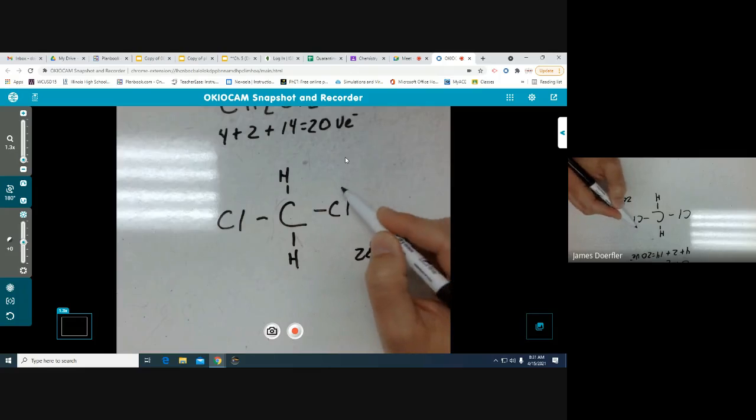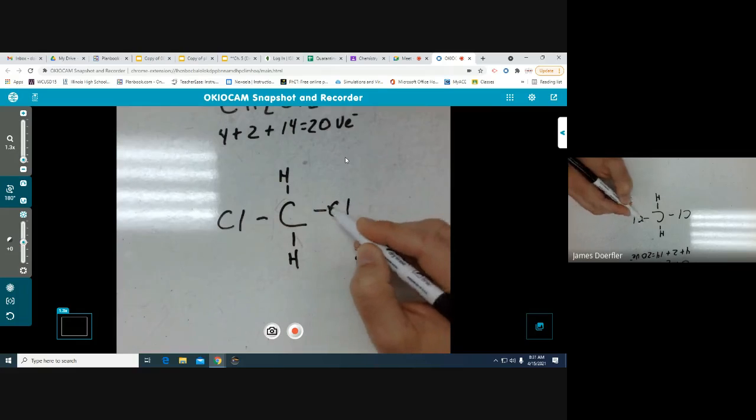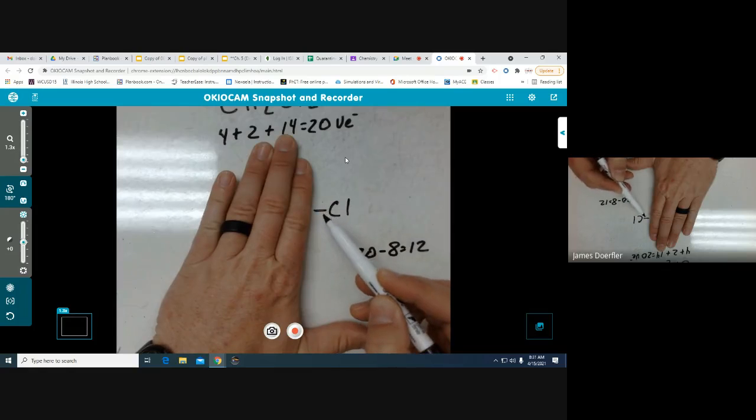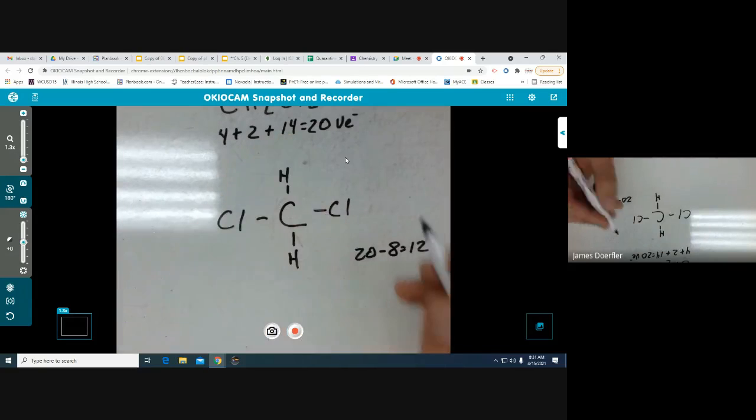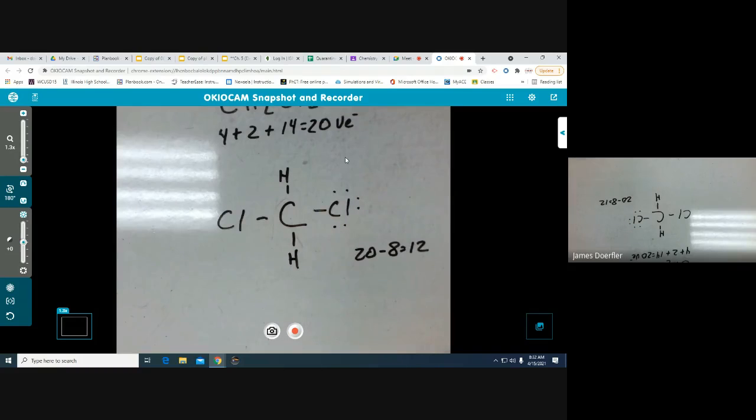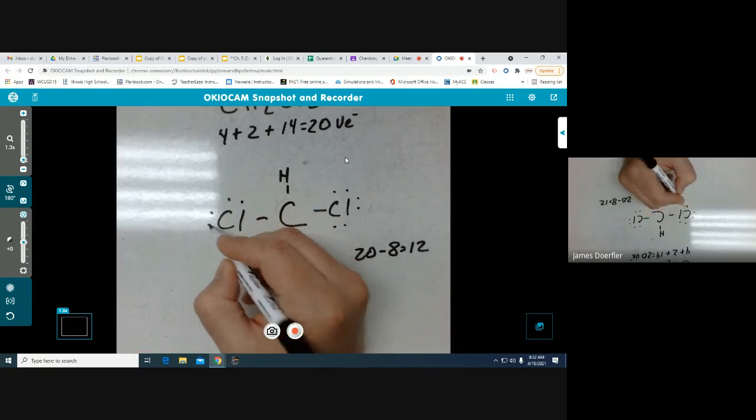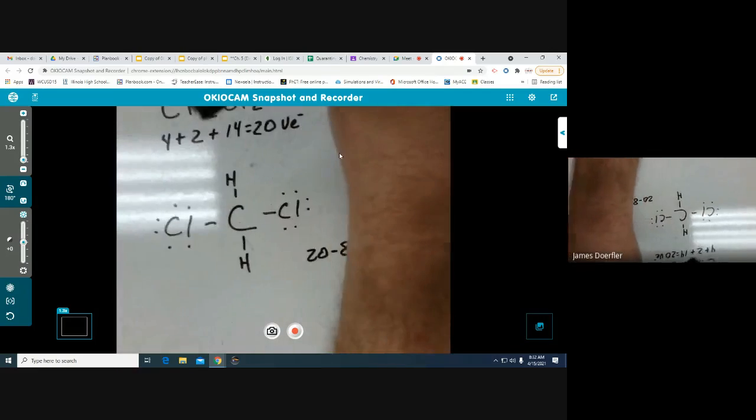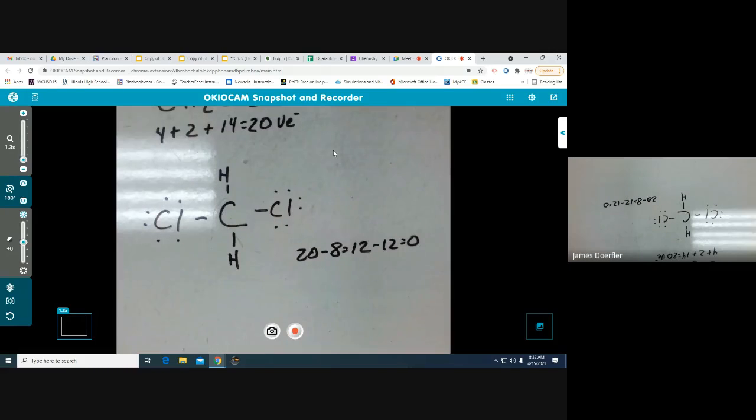So then I shift my attention to the chlorines. And if I cover this up, this chlorine already has 2. So I have to place 6 around that chlorine and 6 around that chlorine. How many did I just use? 12. So minus 12, which leaves me with 0. So I've utilized all the ones that I have,